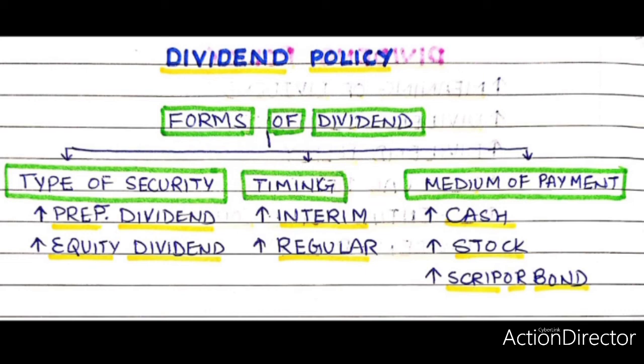Number 2. Increased future dividend. Issue of bonus shares indicates that a company has bright future prospects and investors can hope for higher dividends in future due to their increased holding.